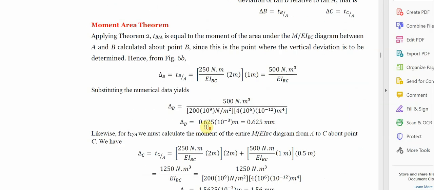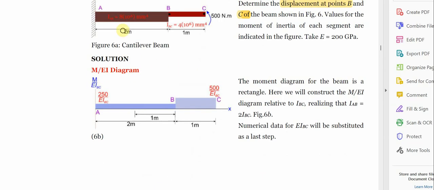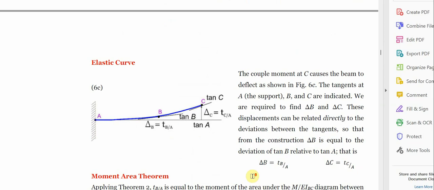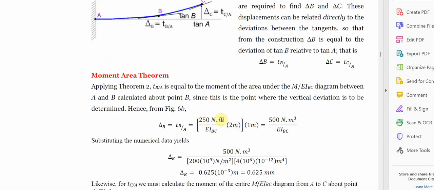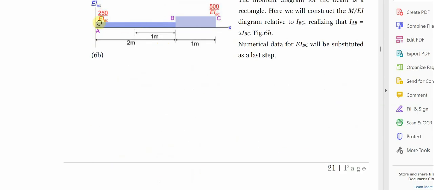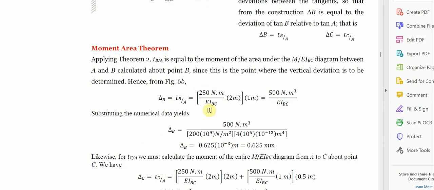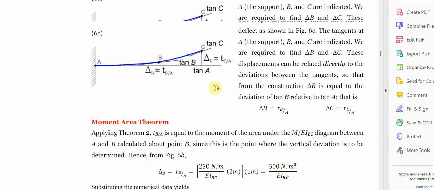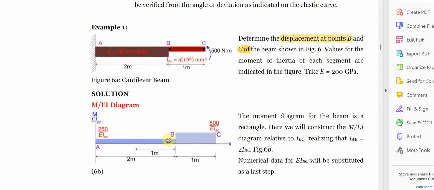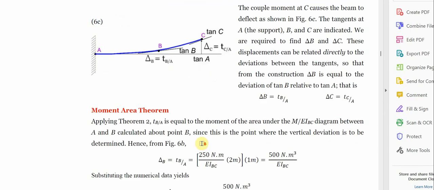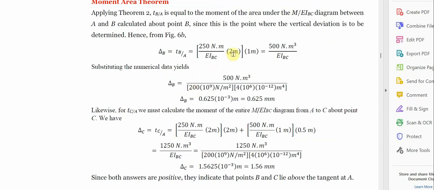What we are going to do is treat B with respect to A. Now what is the distance of B with respect to A? It is just 2 here, which is what we are going to consider. The moment is this M over EI, which is 250 over EI. We place it here. Then the distance of this one is 2 meters. This AB is 2 meters, which we put there. Now times 1 meter will give us this particular one. Now the second thing we are going to do is